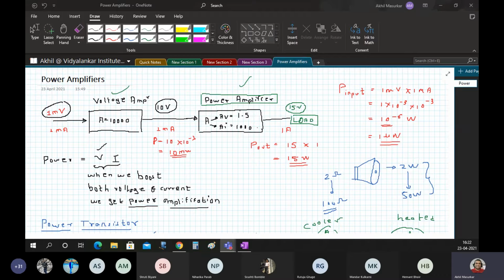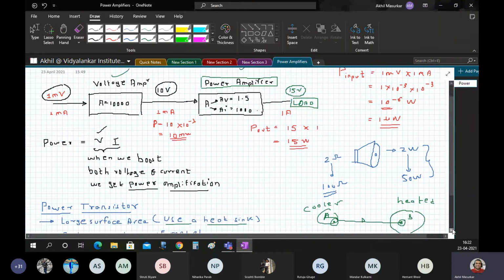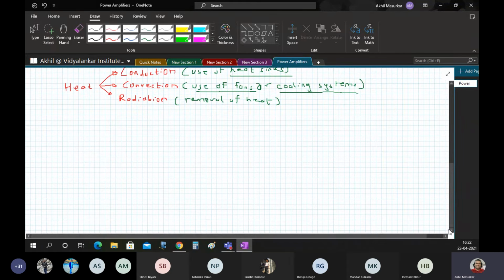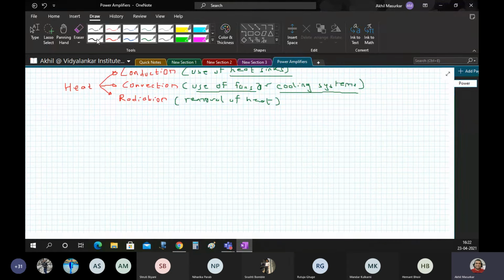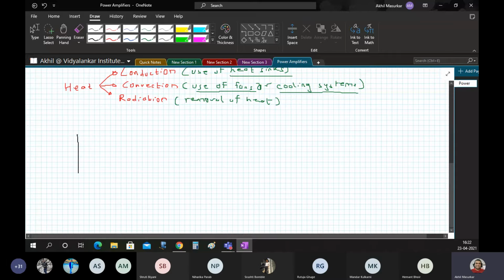Now, I have generated more power, I have boosted the current, but what is the use of this? So, I will tell you what is the use of this. Let us say that we have an op-amp chip. Op-amp is something called as an operational amplifier. So it is basically divided into 4 parts. And the last part of the amplifier is a power amplifier. Now what this power amplifier is doing is it is boosting the current.